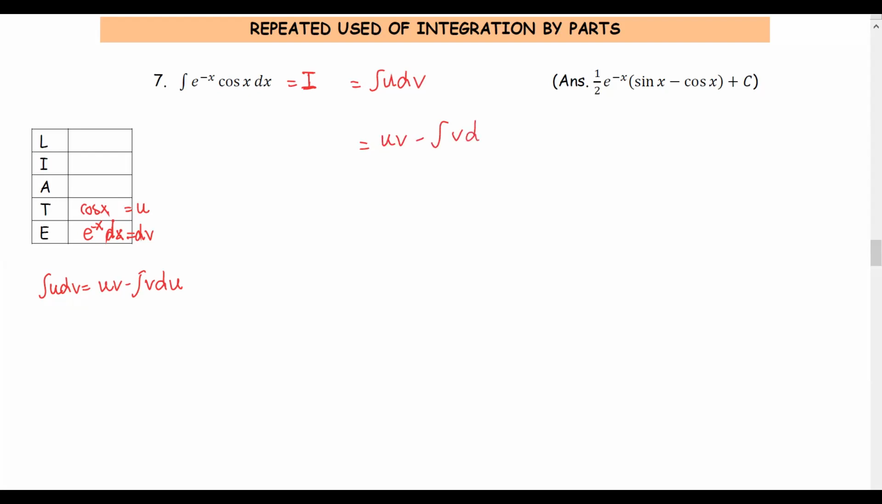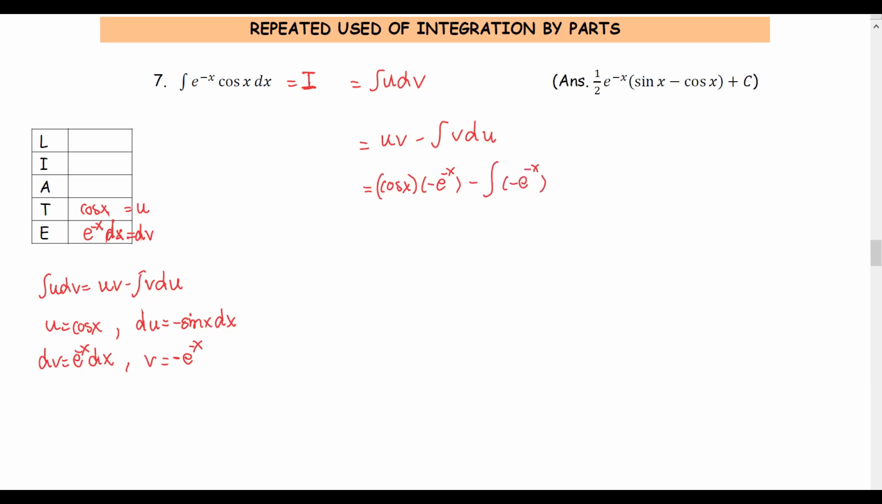minus integral v du. For this case, since u is cosine x and dv is e to the negative x dx, the du, or the differential of u, is negative sine x dx. The v, or the antiderivative of e to the negative x dx, will be negative e to the negative x. Replace it into the by parts formula. U is cosine x. The v is negative e to the negative x, minus the integral of v, which is negative e to the negative x,